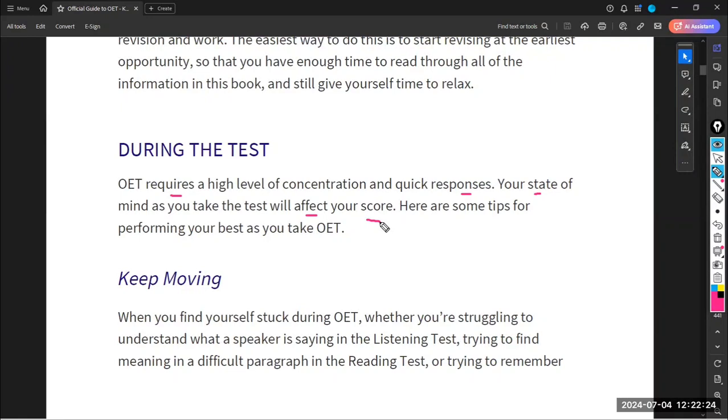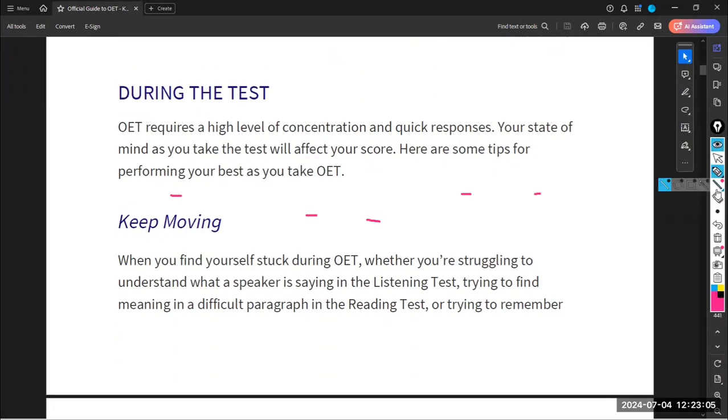Because if you feel angry, Joel, or upset, you will not be able to complete your exam in a good way. So please don't let part one or part two or part three affect your score just because you didn't answer correctly. I don't want to say that this is okay, but you have to be positive and concentrate on the next parts, because not all the exam is about part one or part two. So please, this is really important.